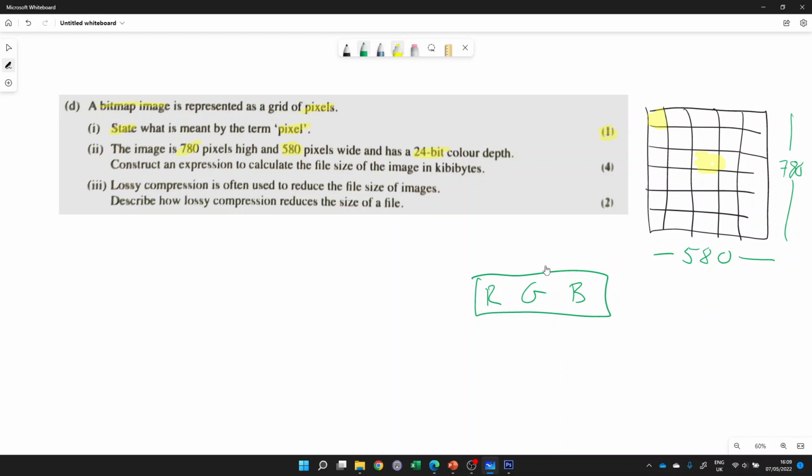And it says construct an expression. That's an important phrase that you recognise. It means you don't need to actually do the calculation because you haven't got a calculator in the exam. But you do need to write down all of the workings out, all of the numbers you would put into a calculator to calculate the file size of an image in kibibytes. So the size of a file is the width times the height times the colour depth, as in the number of bits per pixel, divided by 8 to get into bytes from bits, and then whatever else you need from the unit